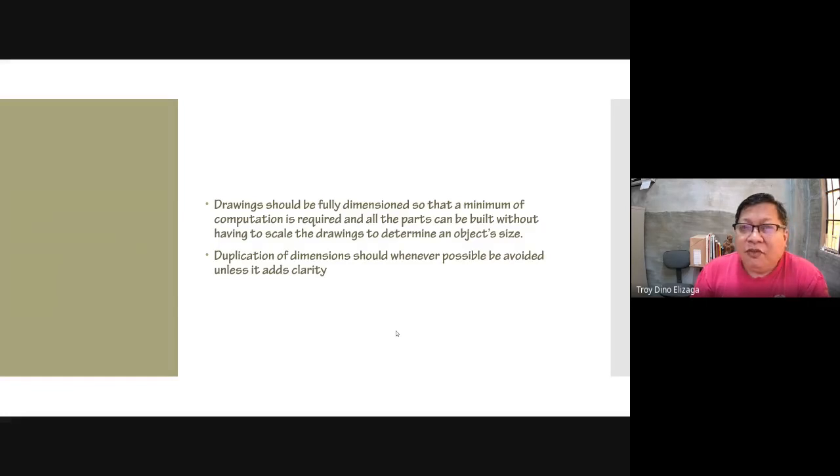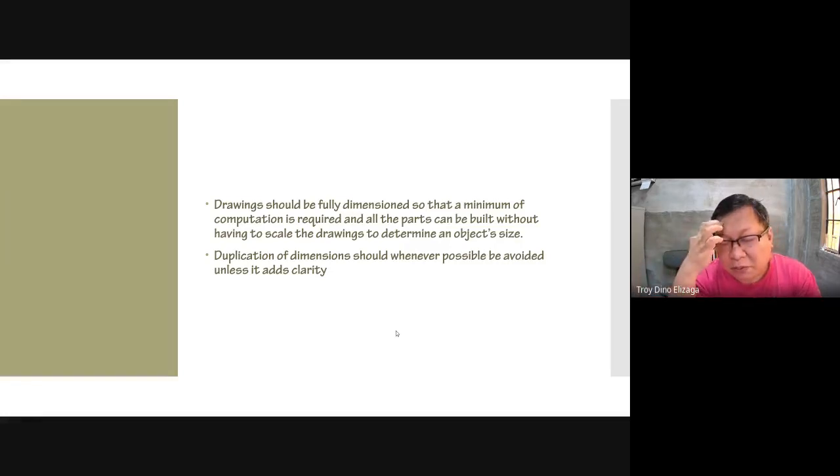Before, you had to draw everything in Mylar or tracing paper, and then have it printed on paper by blueprint, and it had to be scaled, so that if there was a lacking dimension, the people on site, the engineers, the foreman, the architect, could just get a metric scale and measure on the spot from the drawing since the scale is indicated, and so they can get the dimension.